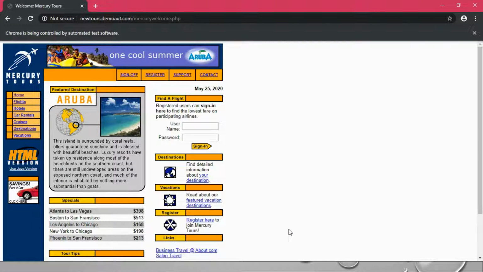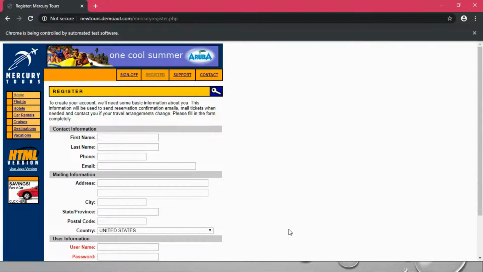Now let's try with the next set of data, which was for John. You can click, go to the register, and it will fill the data for John. So guys, that's the same thing we did in my last video. We are passing the data from the test data JSON. We created two JSON objects and are feeding the data.